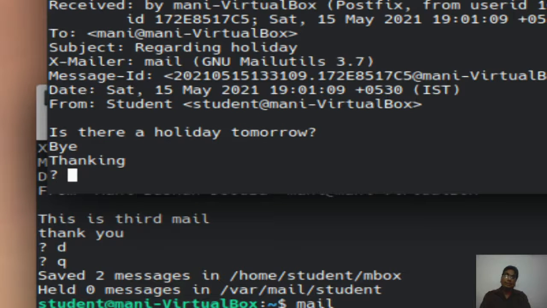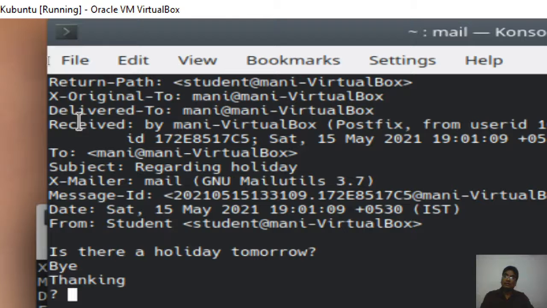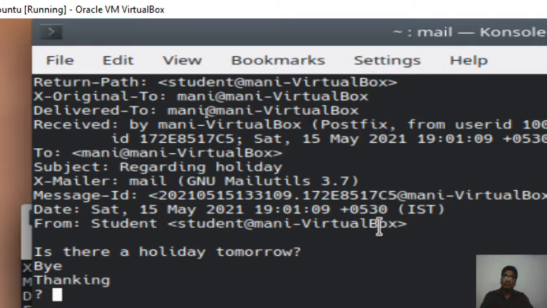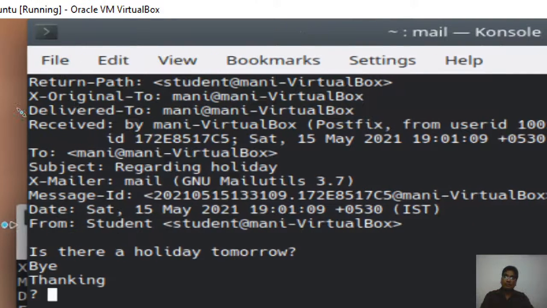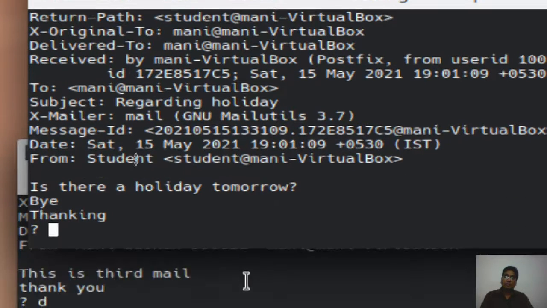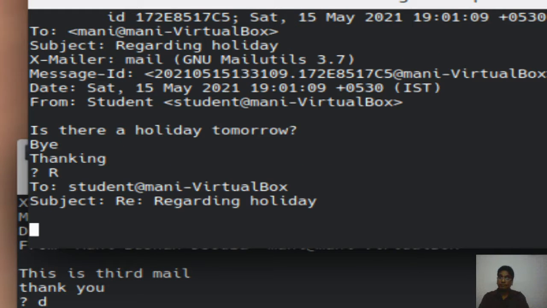So, is there a holiday tomorrow? Remember, this is money. I got it regarding the holiday. It is sent by the student at money. Now I want to reply to it, so I type R. Reply regarding the holiday: no, there is no holiday tomorrow.